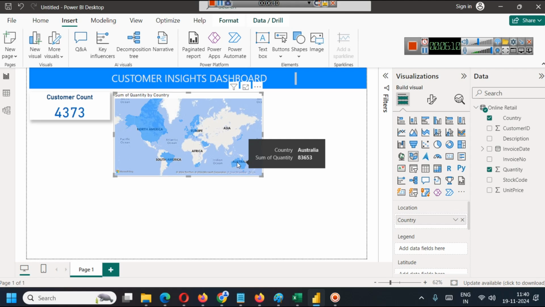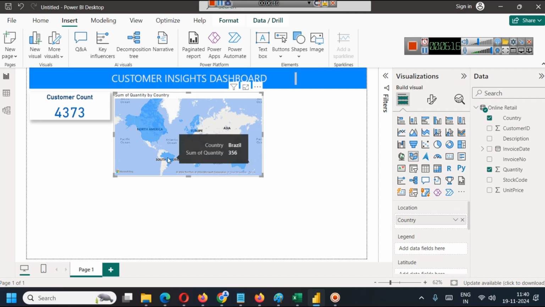For example, if you go to Australia, you can see a very big number, 83,653. On the other hand, in Brazil it is 356. So there should be some kind of gradient in the blue color or whatever color you are choosing, where a light color represents a lower number,